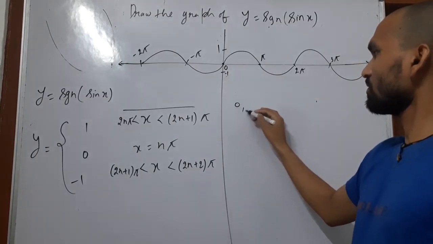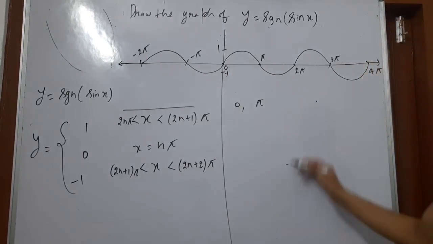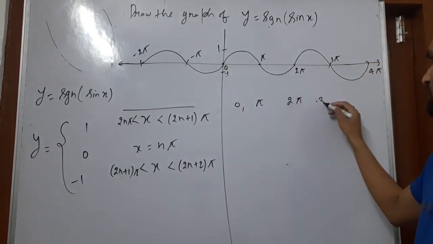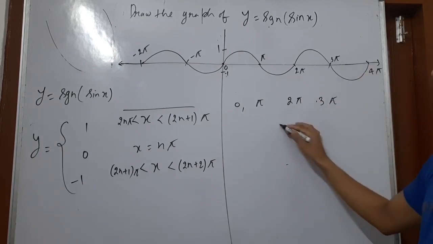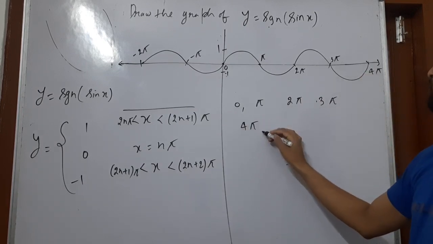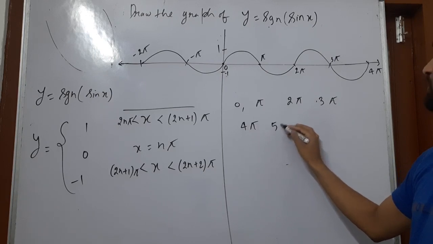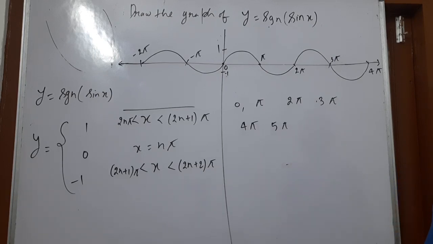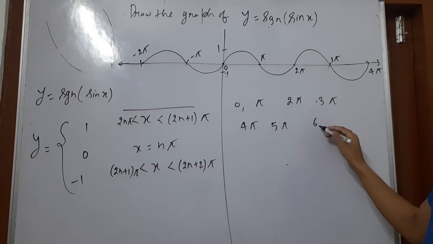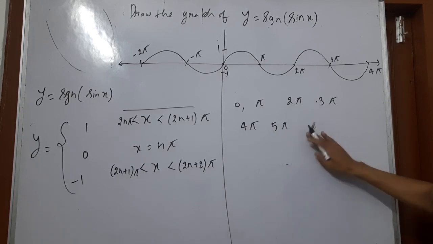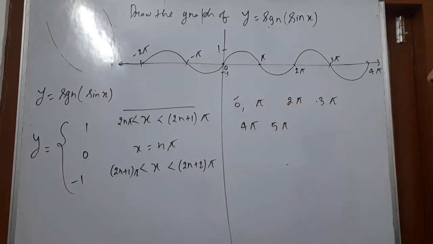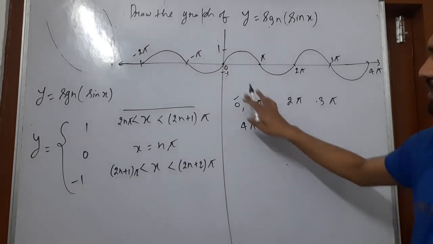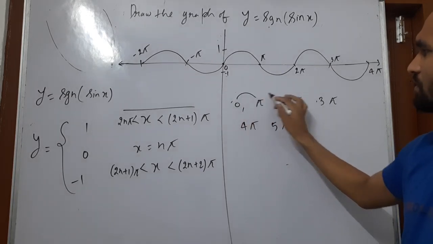If you say between 0 and pi, after that 2 pi and 3 pi, after that 4 pi and 5 pi, after that 6 pi and 7 pi. This will update these values. These are 0, pi, 2 pi, 3 pi, 4 pi, 5 pi. If we observe this interval,